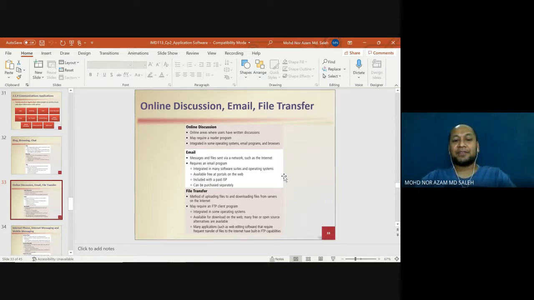And then we have file transfer, a method of uploading files to and downloading from a server on the internet, which may require an FTP file client program. FTP is File Transfer Protocol. Okay, integrated in some operating systems, available for download on the web. Many free or open source alternatives are available. Many applications, such as web editing software that require frequent transfer of files onto the internet, have built-in FTP